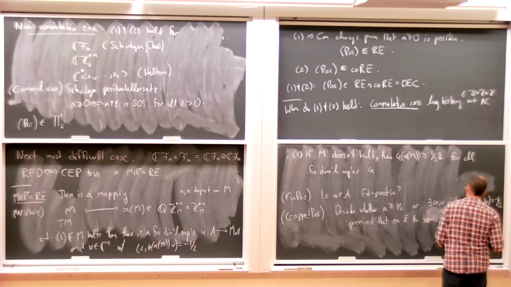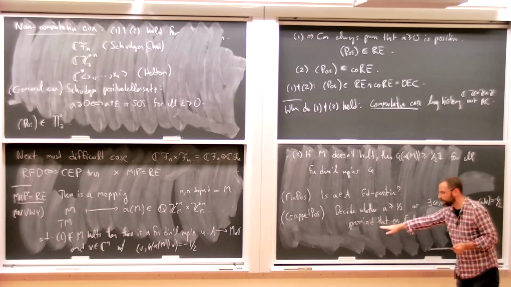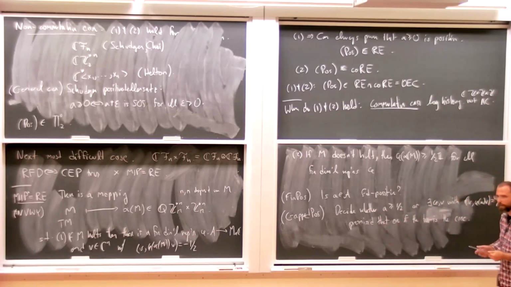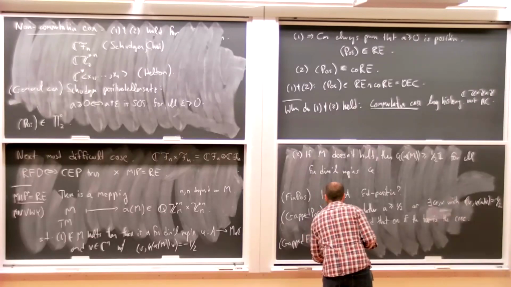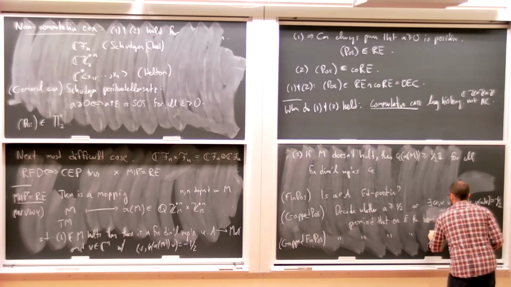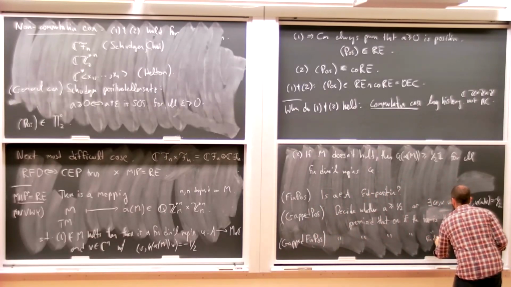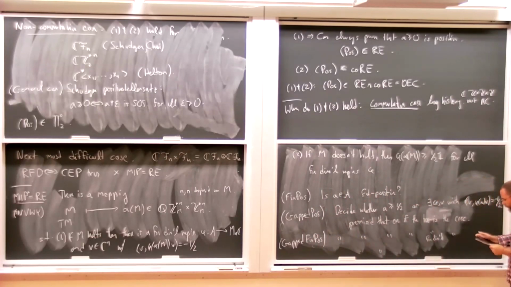In this type of promise problem, you have to figure this out on the given input, but you don't have to do anything when the promise doesn't hold. You don't get judged on that. You only get judged on the inputs where the promise holds. And then finally, I can put these both together and look at the gapped finite positivity, which is the same as here, but now I look at only finite dimensional. Okay, so three new problems to look at here.